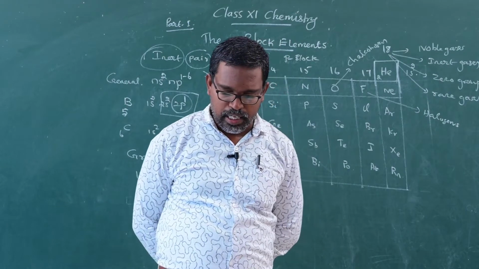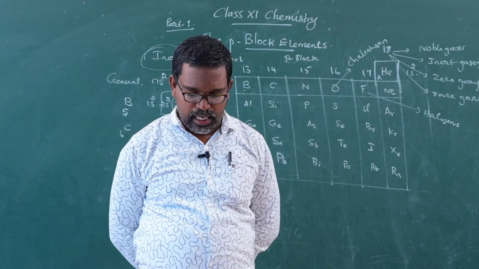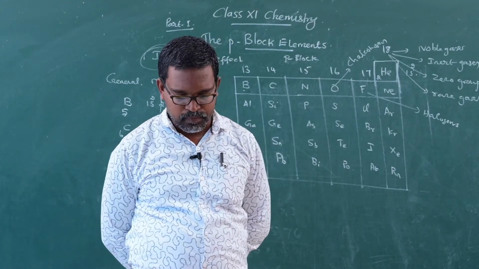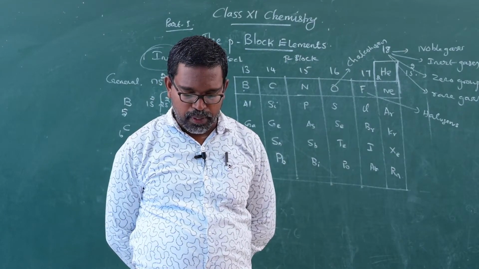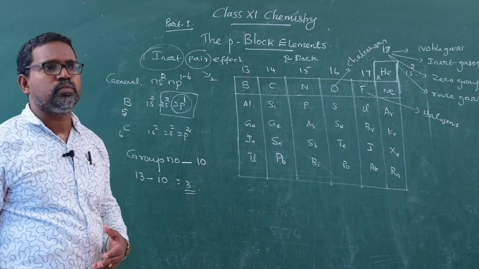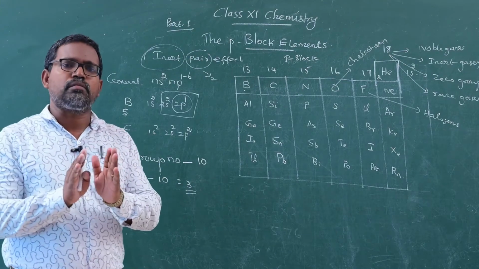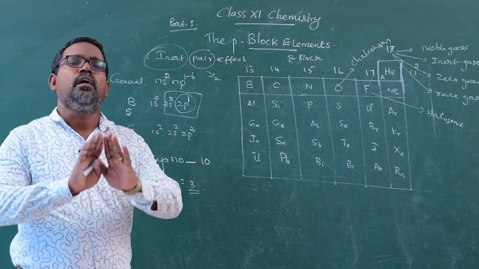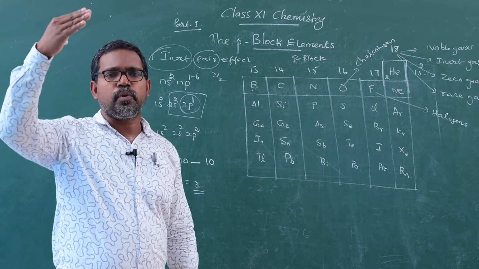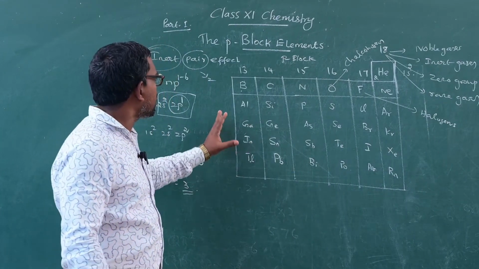The trend of occurrence of oxidation state 2 units less than the group oxidation state is called the inert pair effect, and it becomes more and more prominent as we move down the group. Simply said, in understandable words, the 2 electrons present in the s orbital do not involve covalent bond formation. This tendency increases down the group. So this is the first characteristic property.